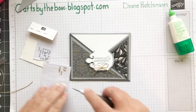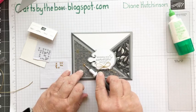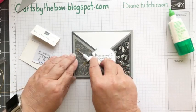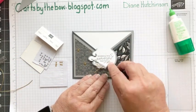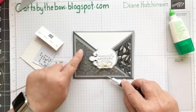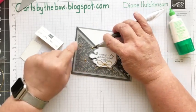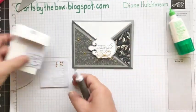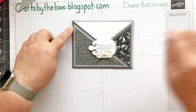And I'm just going to take off some of these. You could put them in the centres of these little patterns that you've got too. And you could put one on here, you could put them over at this side, but I'm going to put one down here just so that it matches in with these. Oh look, I could put one just there because there's another one of those little gold inserts. So there we go. That's it, just stepped up a little bit,